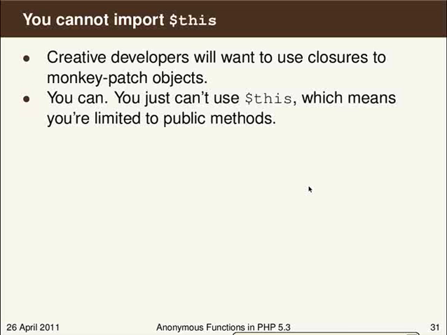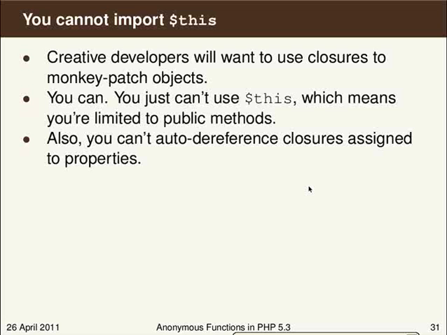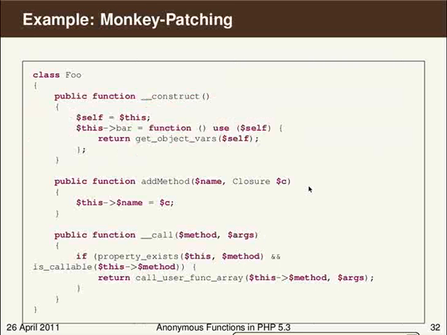Also, you can't actually overwrite a method call. Anytime that it sees that you're calling something that looks like a method, it's going to have preference on that over your properties. The last thing is you can't auto-dereference closures assigned to properties. That means you can't say object and then the name of the callback and just expect to be able to call it as a function. It doesn't work. You have to dereference that. So that means assigning it to a new variable that's not an object notation, and then calling it as if it were a function. So to see what I'm getting at here, we've got a class Foo,